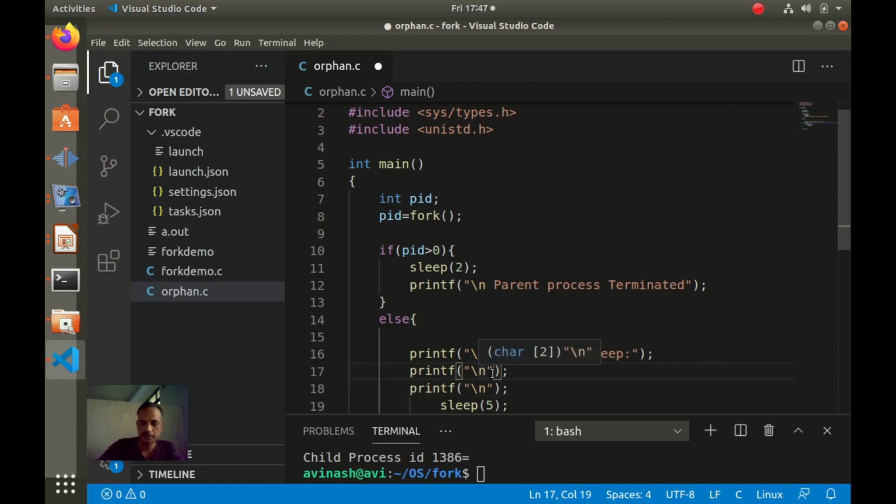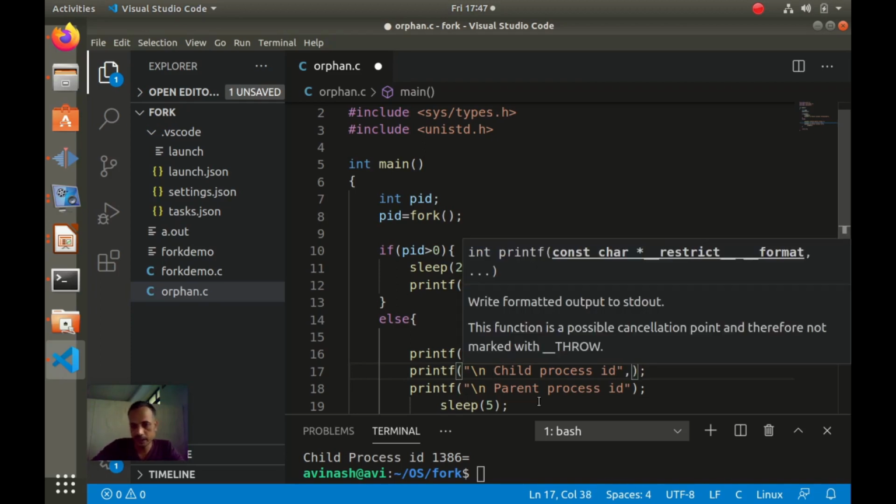One for printing process ID of child process ID, and this as parent process ID. Process ID is nothing but a unique key associated with every process. So every process has a unique ID associated.